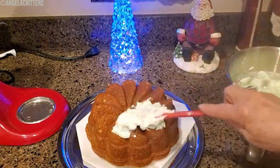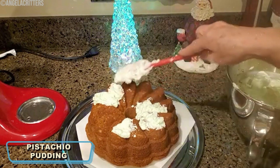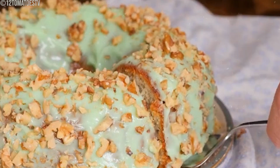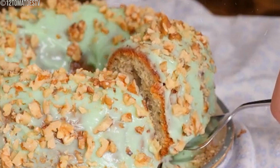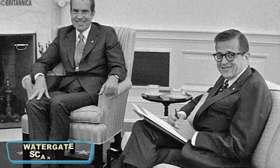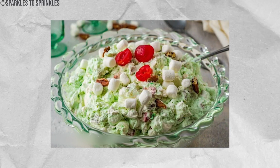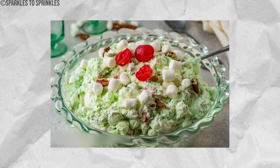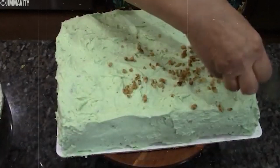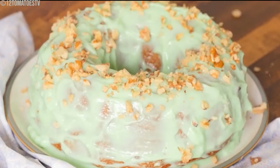other cakes. Traditionally, the frosting is a light and fluffy mix of whipped topping and pistachio pudding, perfectly complementing the cake's rich, nutty base. The origins of Watergate cake's name are mysterious, but some believe it's connected to the infamous Watergate scandal of the 1970s, with the frosting covering up a cake filled with nuts. Others think it's linked to the similarly named Watergate salad, which shares some of the same ingredients. Regardless of its origins, Watergate cake remains a beloved retro treat, bringing a touch of whimsy and nostalgia to any